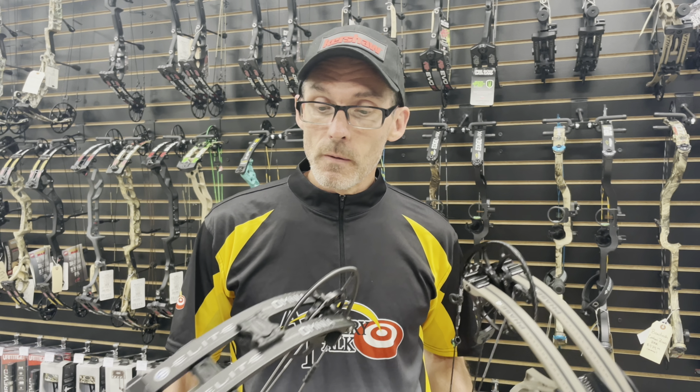Price and value is the final category, and honestly, I'm having a lot of trouble seeing any separation between the bows here. There's only $100 difference between the cheapest and the most expensive, and so that kind of makes it difficult to figure out which one offers the best value. The Mathews Phase4 and the Elite Omnia are the two cheapest at $1,200, whereas the Bowtech and the Prime are